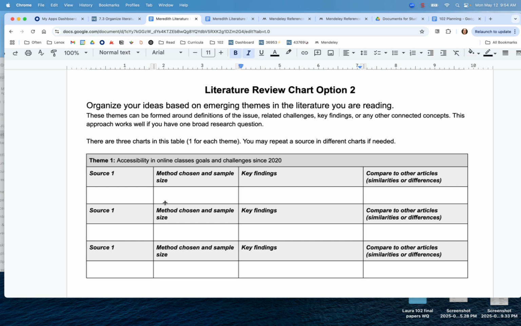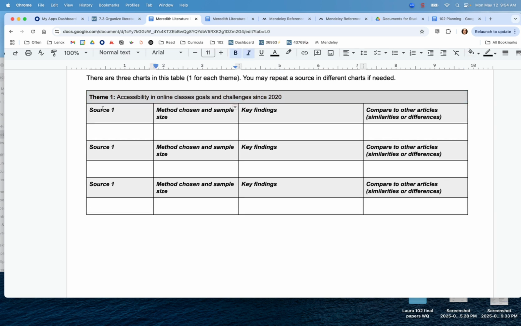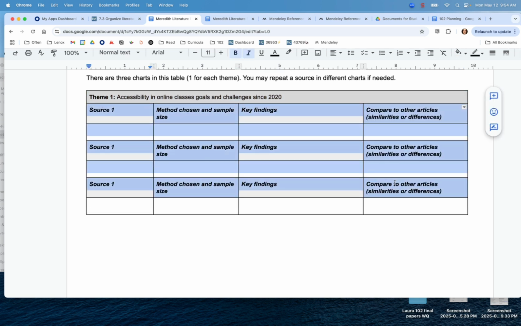Let's say you want to organize by theme. And this might seem a little harder, but I bet your brain is already doing this without even knowing it. So as I'm thinking through this research, I'm thinking, okay, there's a really big theme in general, of accessibility in online classes, both goals and challenges, since 2020, right? We know that 2020 was a big turning point for online classes. So I'm noticing this as a theme, and I'm going to pull those themes out of the research and I'm going to put them in conversation here in this chart